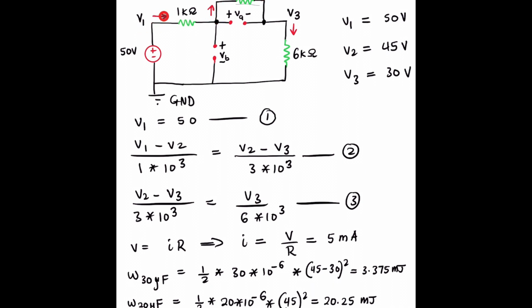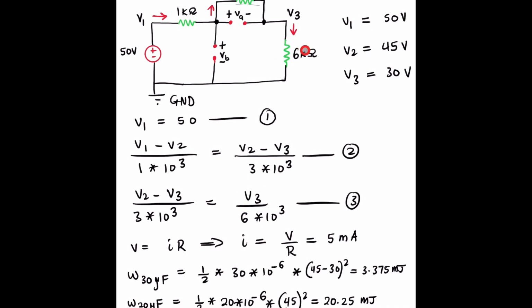So this current coming in is V1 minus V2 divided by 1,000 is equal to the current that is leaving, V2 minus V3 divided by 3,000. So this is equation 2. And at node 3, the current that is coming in is this one coming in, and it leaves that way. So what is coming in is V2 minus V3 divided by 3,000 equals V3 minus 0, or simply V3 divided